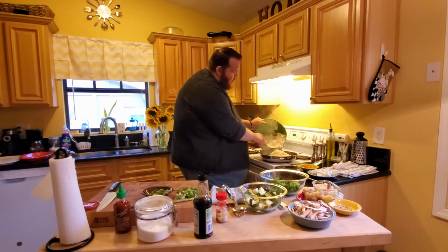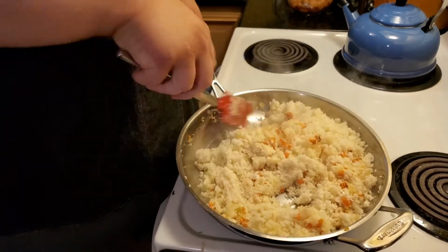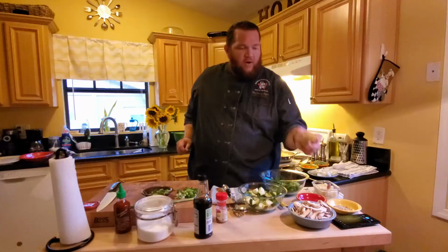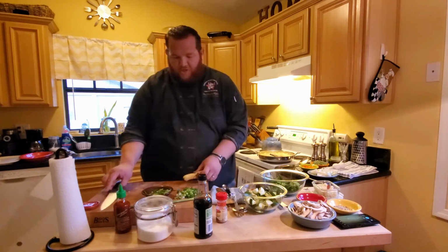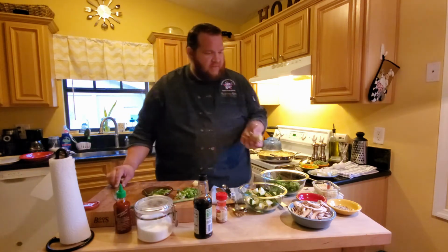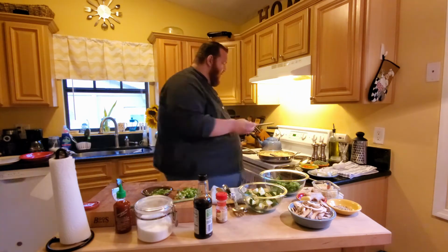I'm actually going to hold back on some of this and freeze it for a later date because this is a lot. And right now, while that's cooking up a little bit, we're going to take the rest of our little nub of fresh ginger and cut it off the rest of the chunk. We'll save this guy for later. We're going to go back to the microplane and grate some fresh ginger right into the fried